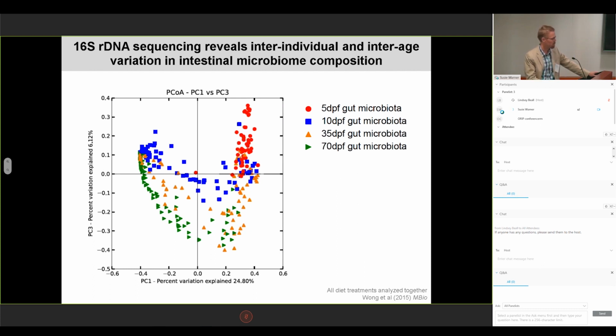Certainly the case in other animal models, but the degree of inter-individual variation is interesting, though a challenge, I think, when considering the interactions between diet and microbiomes. I'm not showing you this color-coded based on diet because at this level of resolution, the impact of high and low-fat diets did not have a significant impact on the microbial communities, at least with the diets that we used. However, there are other ways to look for more subtle effects of diet or any manipulation on microbiome composition.